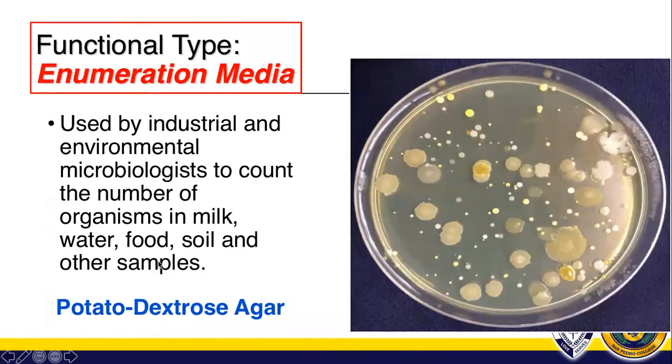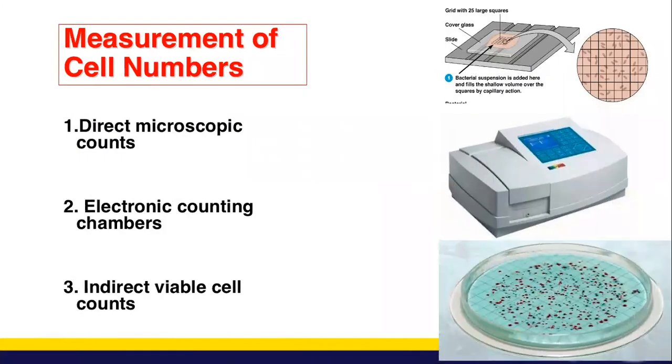Okay, and then we have for enumeration. Again, we don't use this in routine clinical laboratories, but this is widely used in industrial laboratories, no, for food technology. Okay, so they use this for testing food samples for the presence of microorganisms. So they need to count the number of colonies on it. Okay, so example of culture media for this purpose is the potato dextrose agar. Okay, so